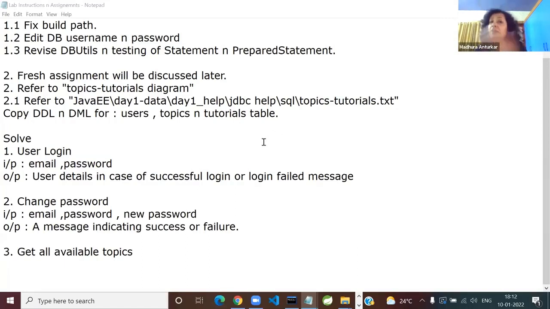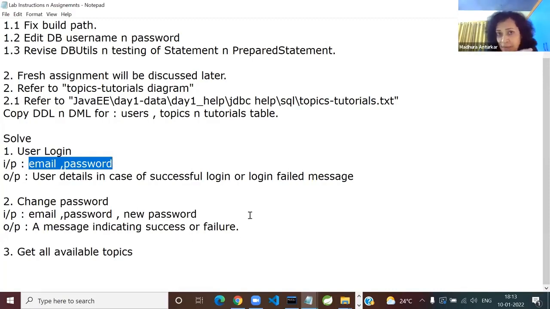Okay, so you got a prepared statement. Now tell me, will you open the result set in the same try with resources or not? You cannot, because you have to accept the inputs. So you come inside the body of the try. And what are the inputs you are going to take from user? I've made it quite clear, email and password. So prompt user, email and password. Later I showed you the case study, you will have a proper login form.